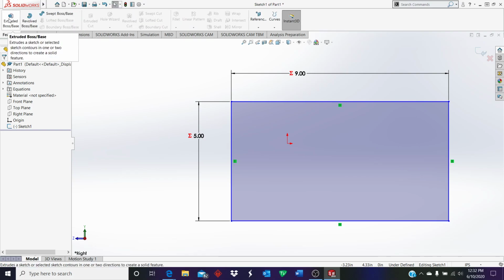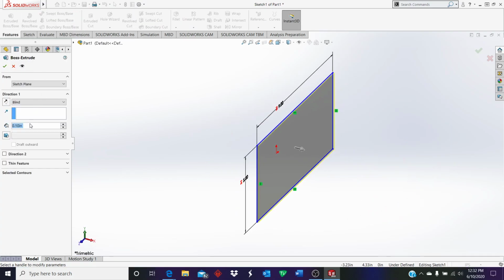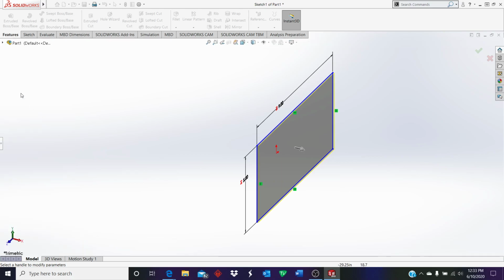Alright, so now we'll go to extrude boss. Let's see, say equal to